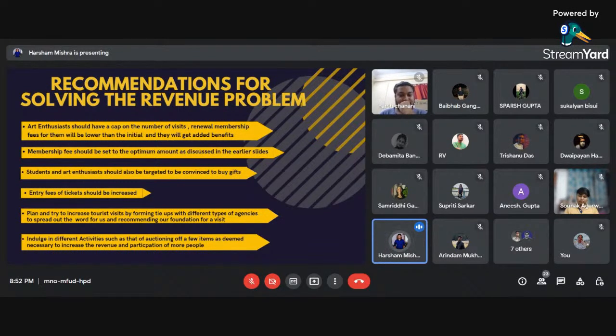We'll also recommend that the price of tickets should be increased. We would foundation as eliminating a problem for the constant decrease in tourist visits